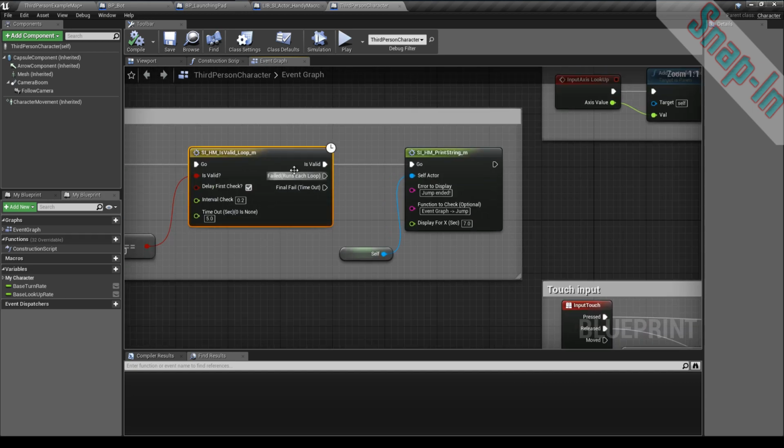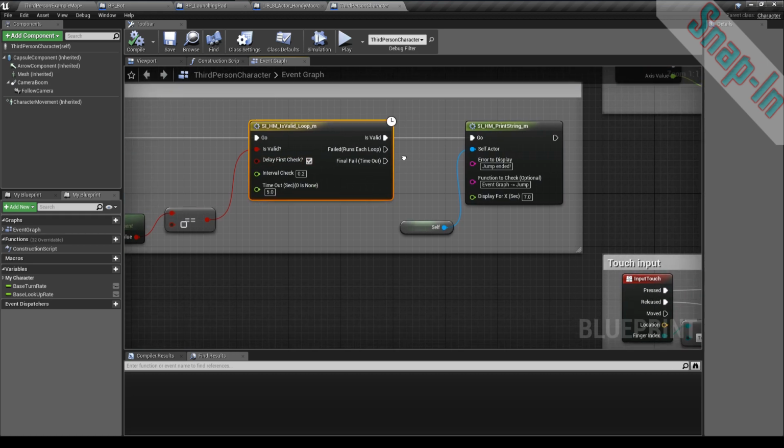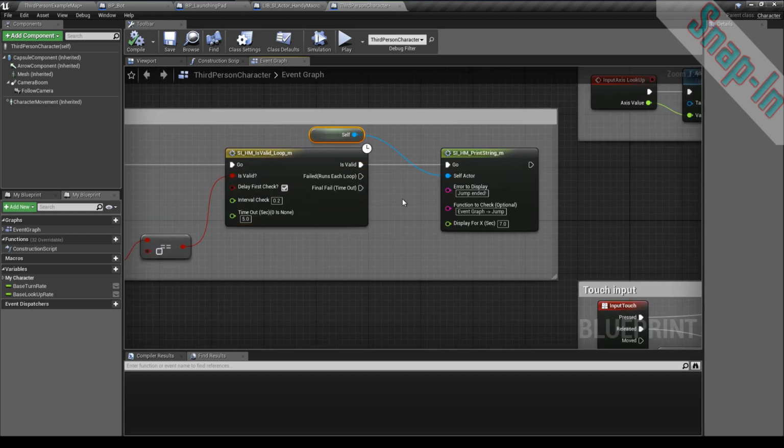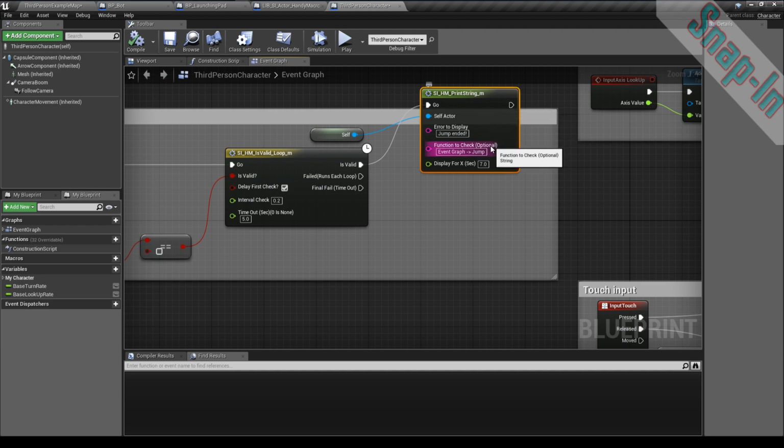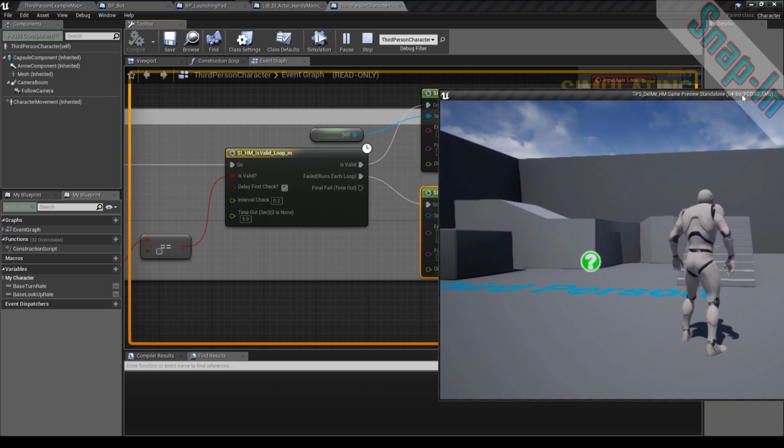And the one in the middle here, under the is valid, this will run every single time the loop is not valid. So if you want to do something in the meantime, for example, this is going to print jump ended. I can also pipe that into there and say, still jumping. What'll happen there is